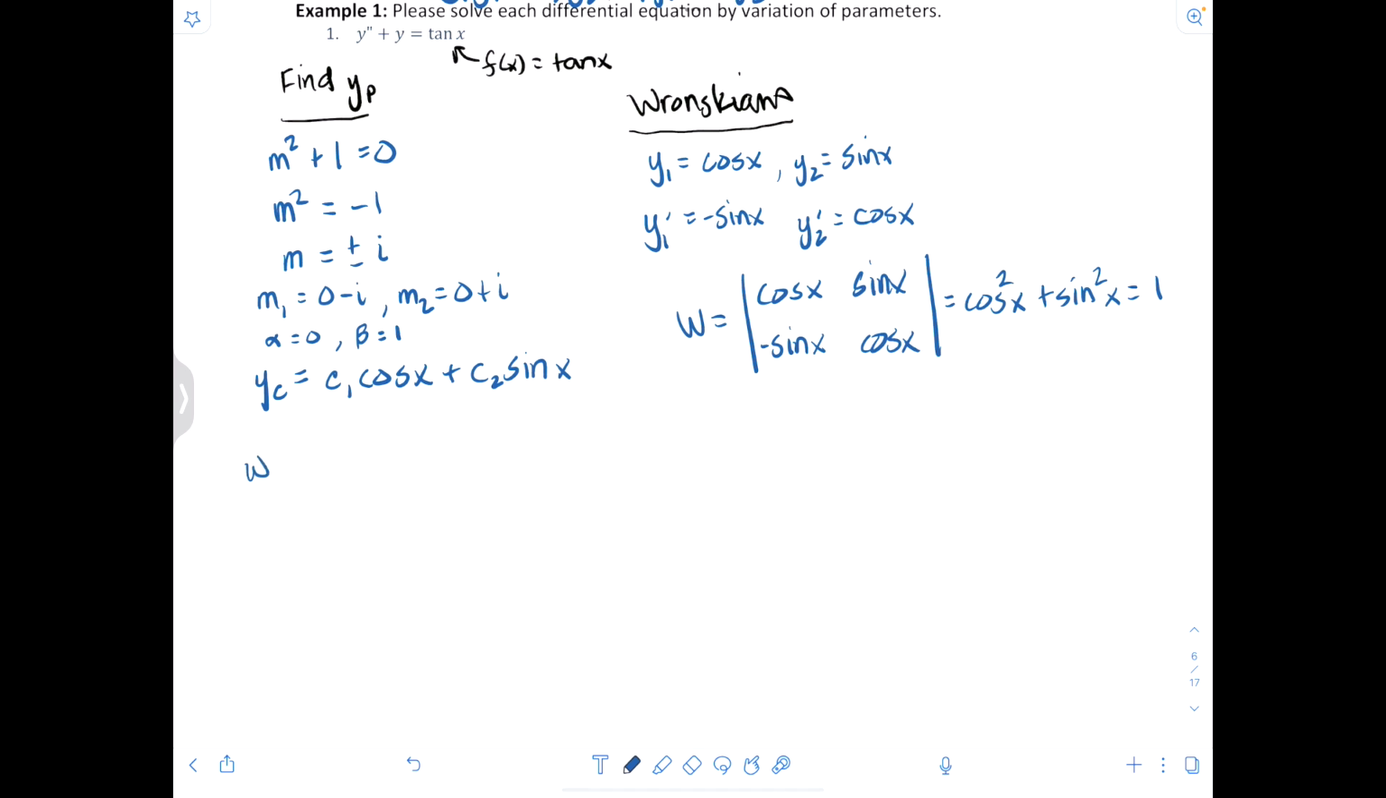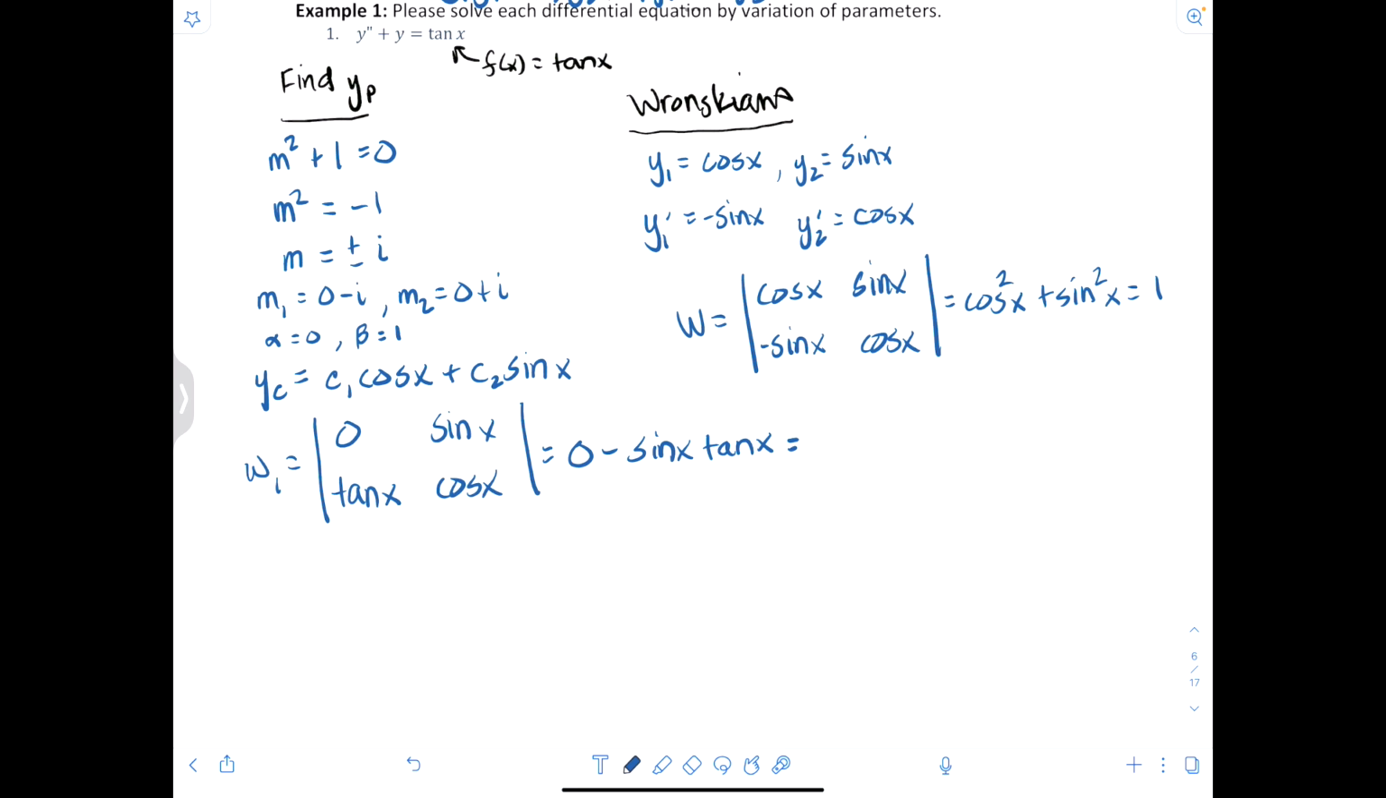Now, w1 is going to be, we are going to have 0 and f of x. So 0 and tangent x replace the first column. And then we'll have the second column stay the same. And so that's going to be 0 minus sine x times tangent x, which